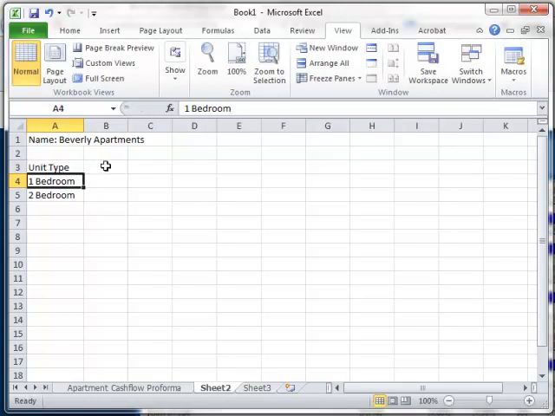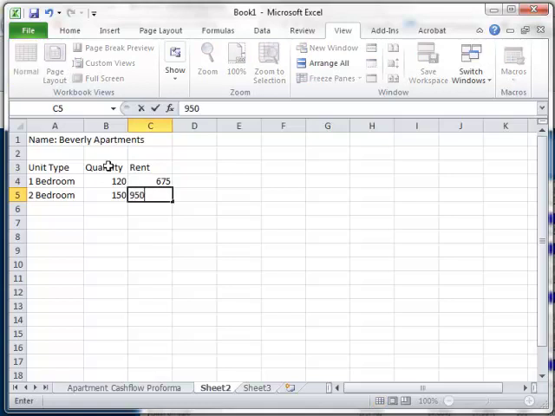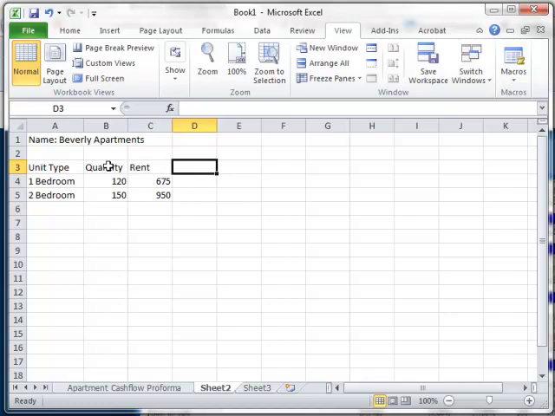that information, and I'm going to put in here the quantity of these types of units, and let's suppose that we have 120 1-bedroom units and 150 2-bedroom units, and let's suppose that the market rent for these is $675 a month for our 1-bedrooms and $950 a month for our 2-bedrooms. But let's also figure that 6 months into the year, from now forward, or about 6 months